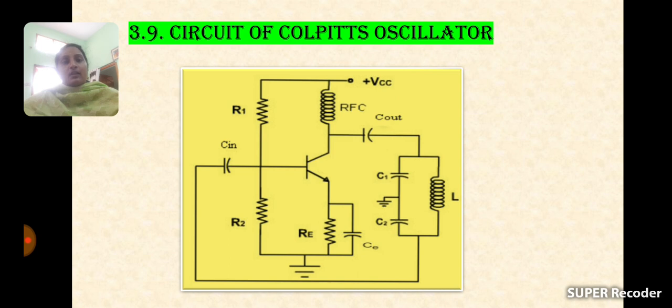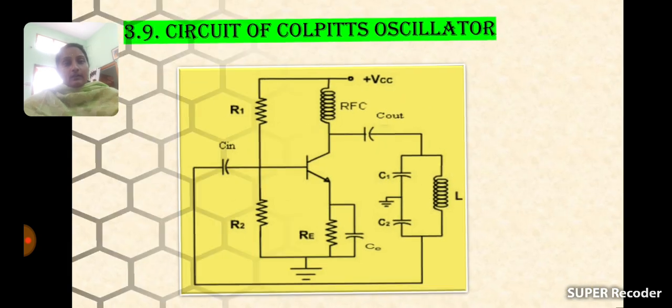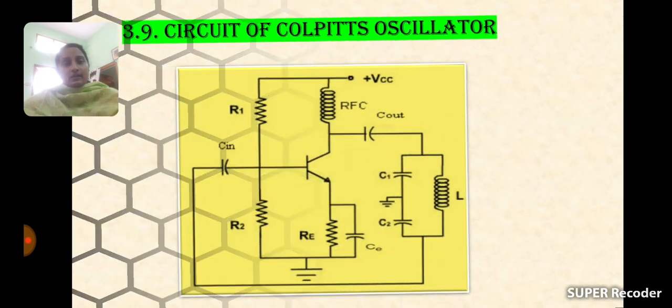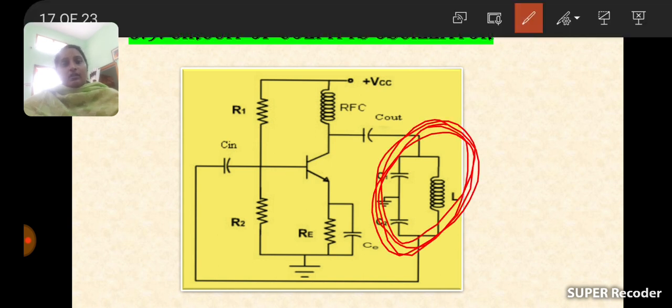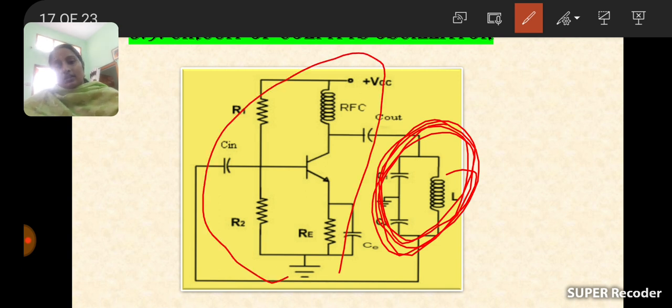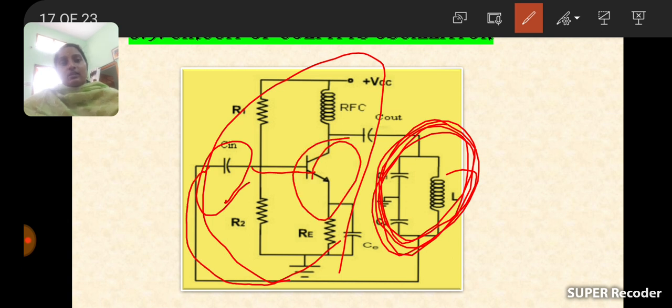So the Colpitts oscillator's construction is very similar to that of the Hartley oscillator, except the inductors are replaced with capacitors. Except for the tank circuit, the construction is the same. It consists of an input capacitor that is used to connect the feedback voltage back to the base of the transistor, and R1 and R2 are to provide proper biasing and stabilization. Here RFC is used